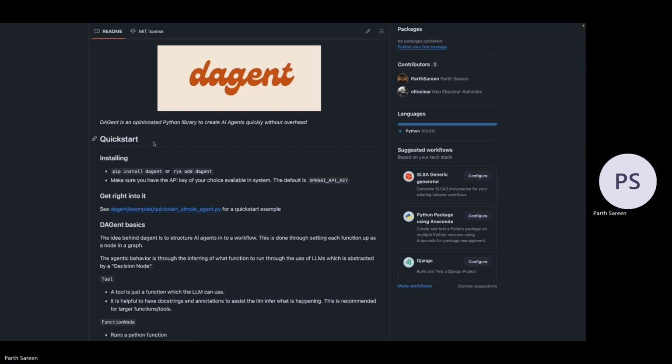But the best way to honestly learn any kind of language or framework, especially when you're getting stuck and the docs aren't doing their job, is to just dig into the source code. The source code is a little wonky because agents are wonky. The reason I built Dagent was because there was so much extra overhead when you wanted to build an agent from scratch.